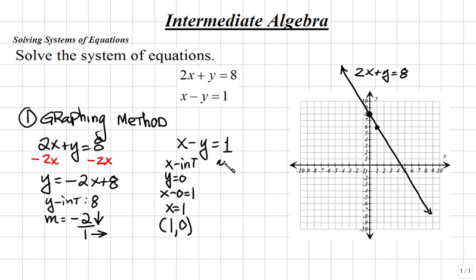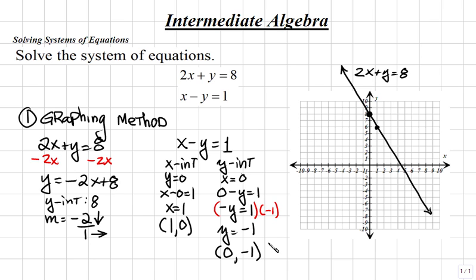To find the y-intercept, we'll let x be 0, which means plugging in 0 for x, we would have 0 minus y equals 1. Simplifying that, negative y equals 1. Multiplying both sides by negative 1 will allow us to solve for y. So negative 1 times negative y will become y, and 1 times negative 1 is negative 1. Therefore, the y-intercept, where our second line is crossing the y-axis, is the ordered pair where x was 0 and y